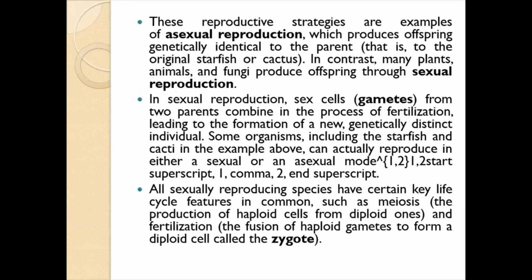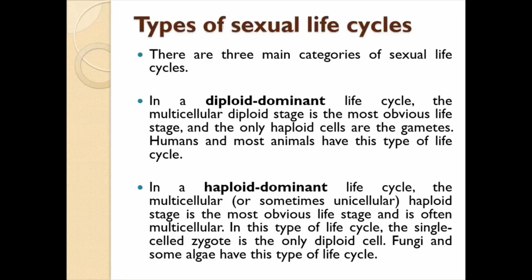All sexually reproducing species have certain key life cycle features in common, such as meiosis and fertilization. Fertilization is the process of fusion of haploid gametes to form a diploid cell called a zygote. There are three main types of sexual life cycle: the diploid dominant life cycle, the haploid dominant life cycle,